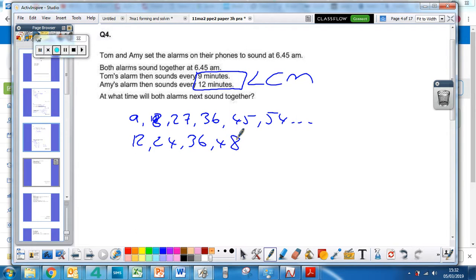Hang on a minute. The lowest common multiple of 9 and 12